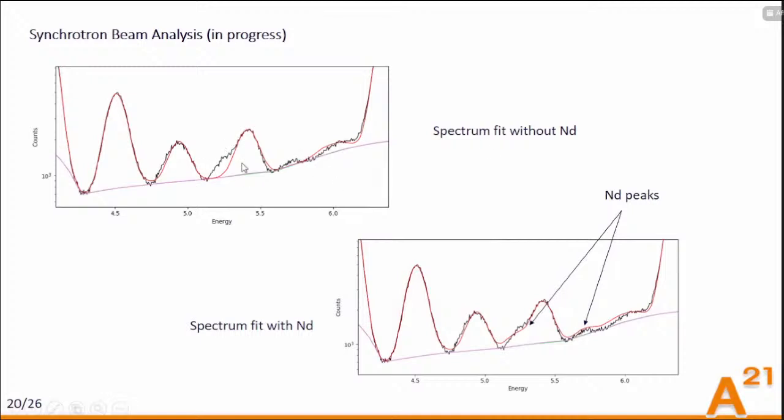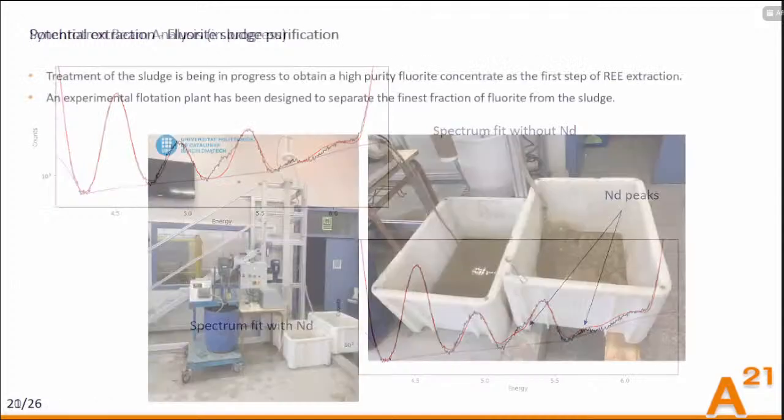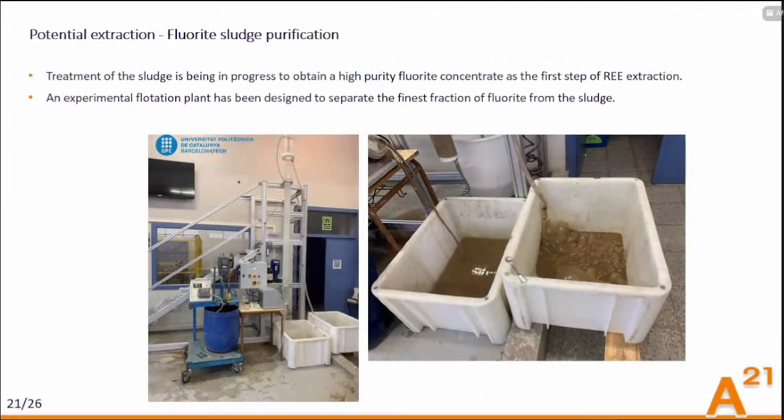You can see here and here, it was the same thing as for the samples before. Also, we have performed some of the experiments for the potential extraction of the rare earth elements. We have used flotation for that, since, as you remember, the particles were tiny. They were going with the air phase to the froth, while leaving all the other waste behind. And I have some video of that.